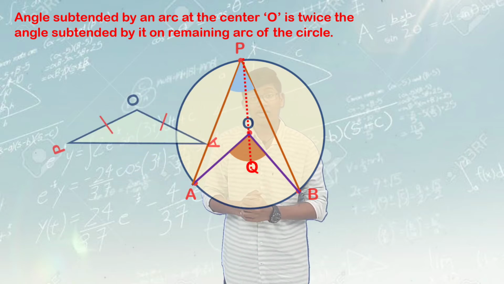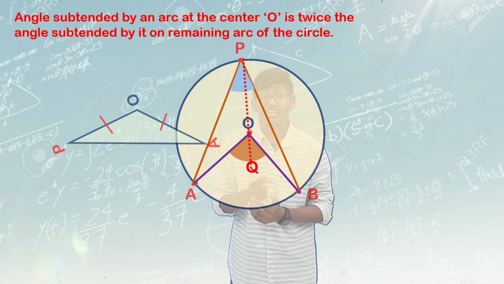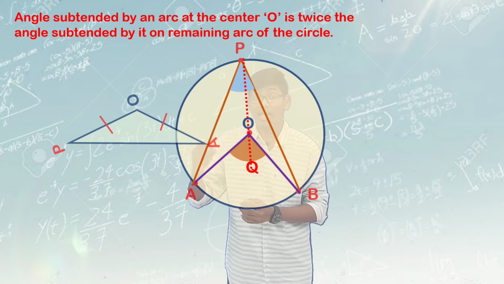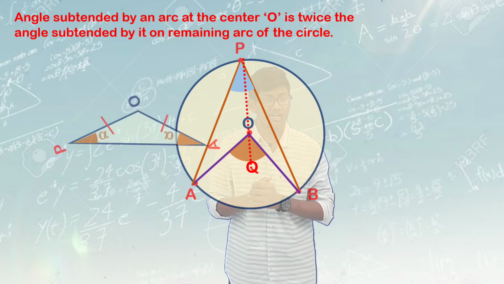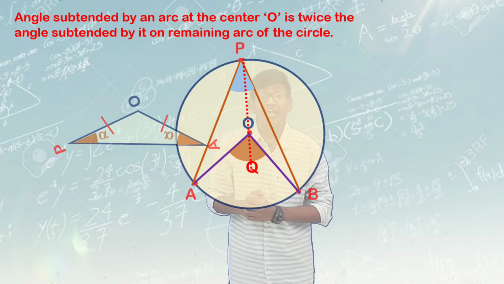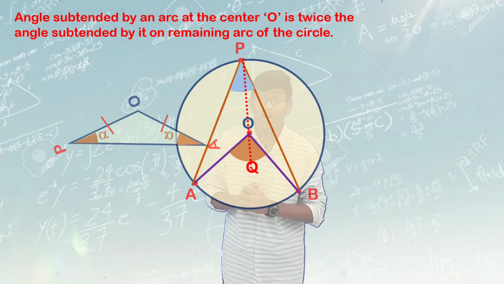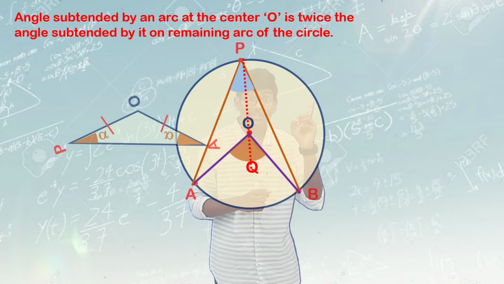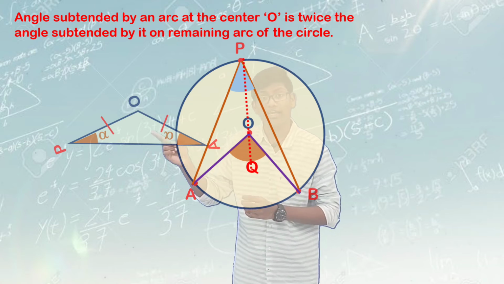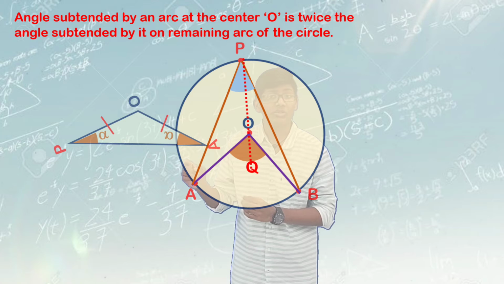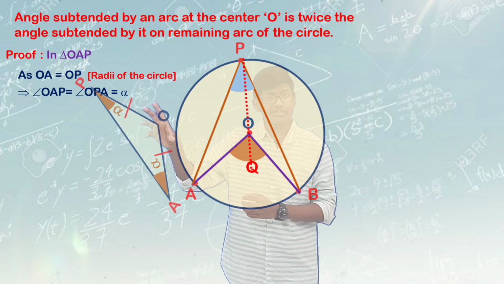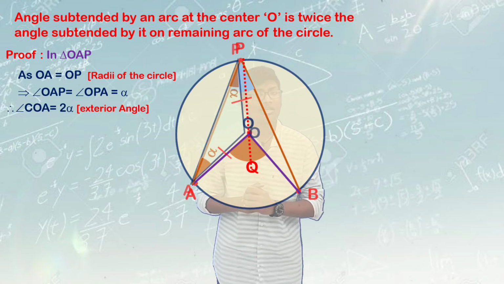Let us take this triangle AOP aside. Rotate it. Now AO and OP are the radius of this circle. As the radii of this circle are always equal, AOP is an isosceles triangle. Now as AO and OP are equal, the angles opposite to them are always equal. We have discussed it earlier in the starting. Now angle A is equal to angle P. Let us consider angle A equals angle P equals alpha. Now rotate it and keep it at the same place.